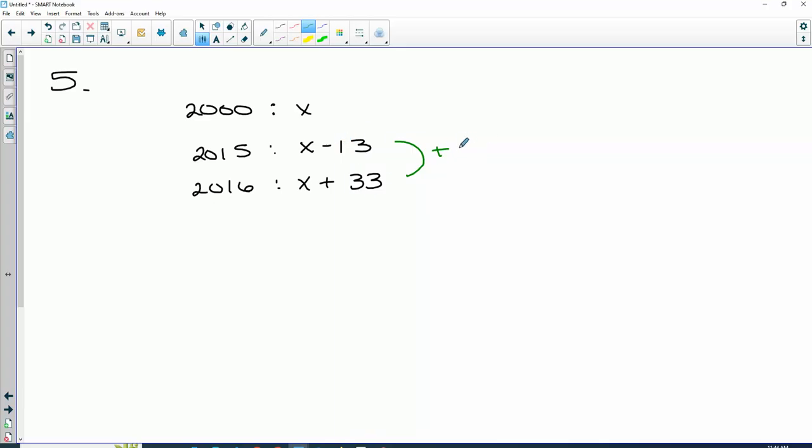It's like subtracting these, so you could think 33 minus negative 13, or just think it takes 13 to get to 0 and then another 33. So it went up 46 inches. So that's